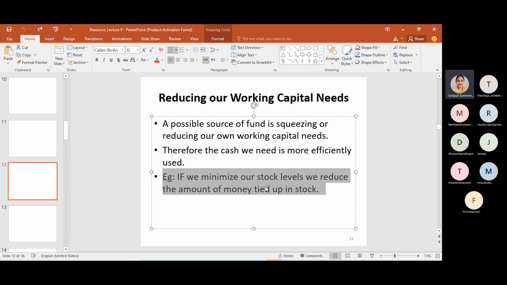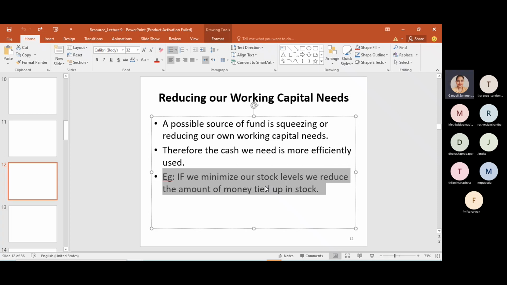So for example, when we order stock materials, when we are purchasing raw materials without any plan, like if we kept ordering raw materials without a proper plan, then the raw materials just stock up in our storerooms, in our inventory, uselessly without any purpose, right? And all the raw materials that stock up are money, because you need to pay for your raw materials, right? So all these raw materials uselessly stocking up, at the end of the day it's a huge